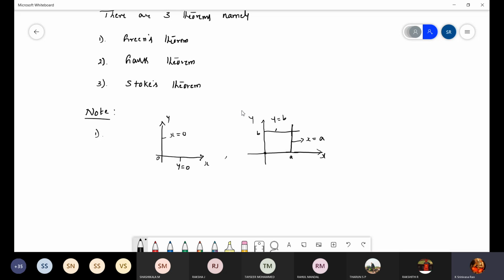Same way, in the first diagram, the x-axis is y is equal to 0. Is it right? You can draw many parallel lines, and all the parallel lines have the equation y is equal to a constant only. Maybe this is 0, this is 1, this is 2, this is 3, like that. So in general it is y is equal to some b. We don't know what the general unit is, so that's why it is y is equal to b. Got it? Any doubt? Did you understand? Yes, sir.